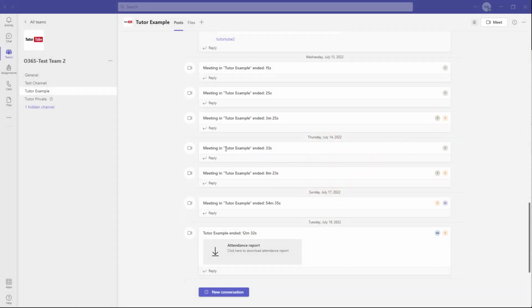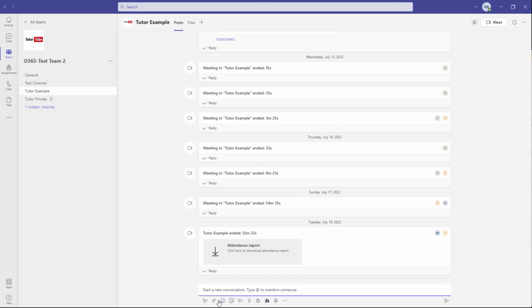Over here, you can see that I am inside of a channel in Teams right now. And if you have an Office document like a PowerPoint document or a Word document or an Excel file, then you can collaborate with those documents in real time as well inside of Teams. So to do that, you need to click on, let's say, for example, new conversation right here, and then you